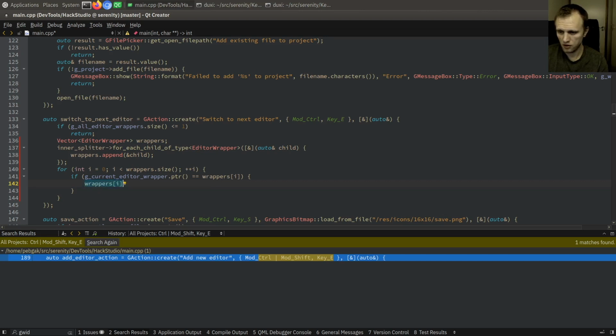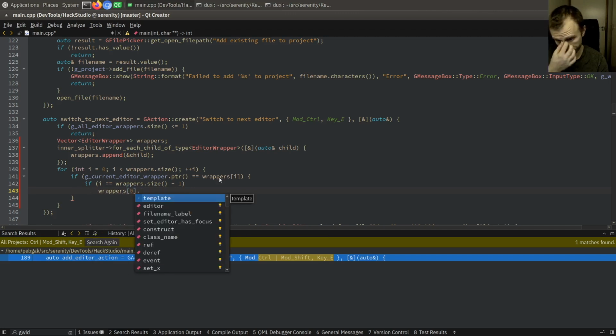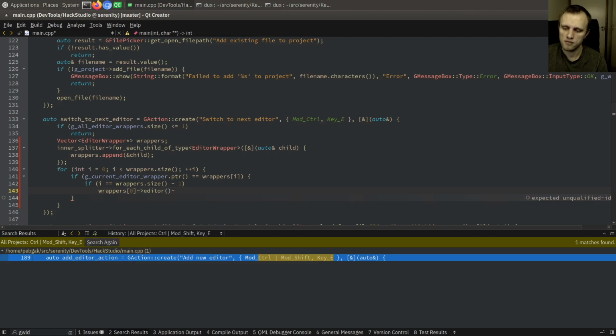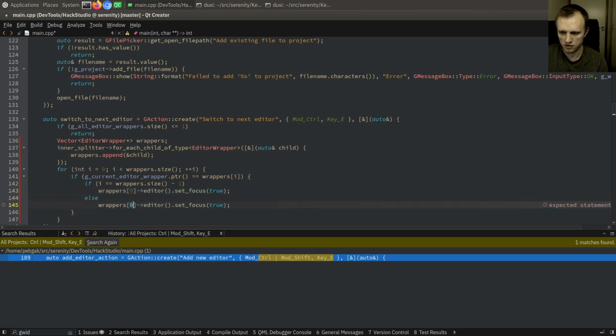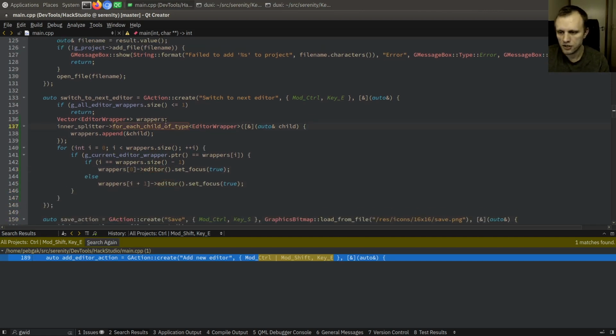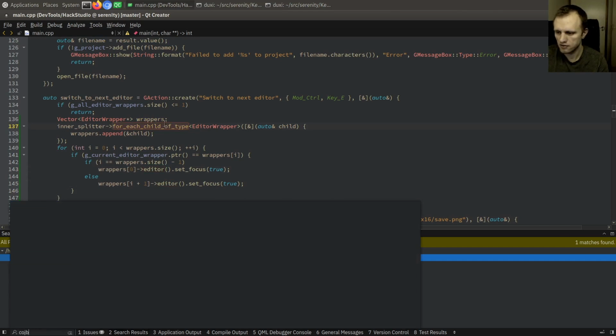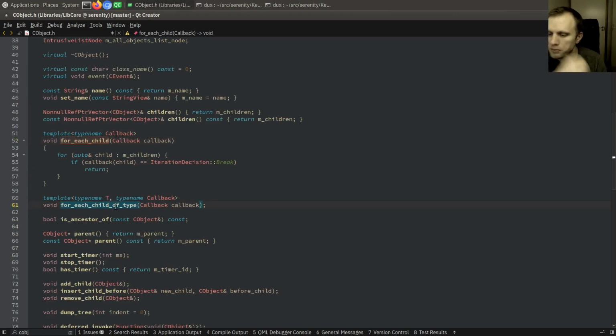Wrappers I, if I is equal to wrappers size minus 1, wrappers 0, editor, set focus true, else the next one. Okay, and then for each child of type, let's go look at that, because for each child of type,